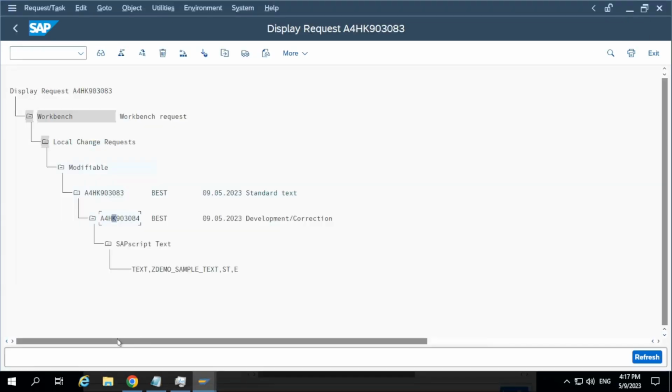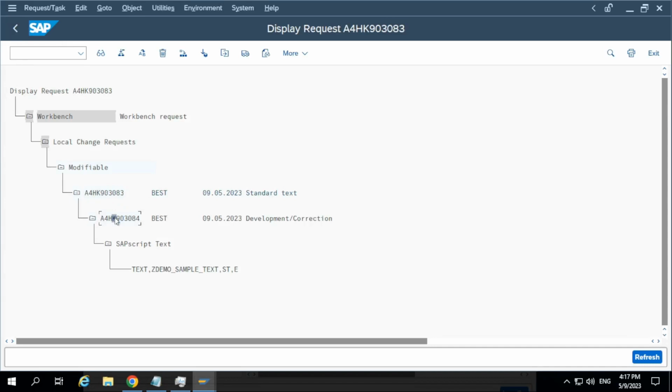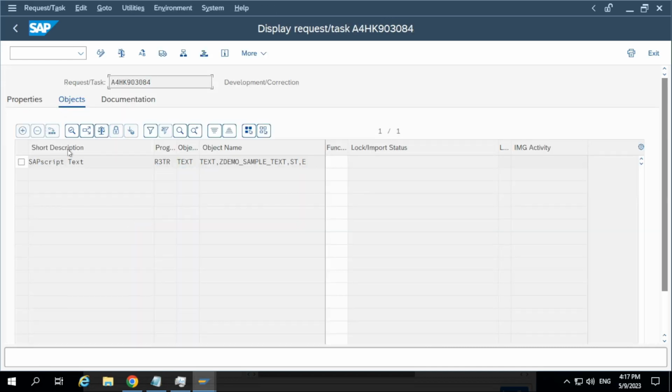After changes, we need to create a new transport request? No, as long as the transport request is in modifiable status, you can add it again. Once it is released and you did the changes, you need to create a new transport request. As long as it is modifiable, you can add to the same transport request. If you want to add any other objects, double click on this task subtask, go to the objects, change here, and here you can add the objects. For example, if you want to add any program,